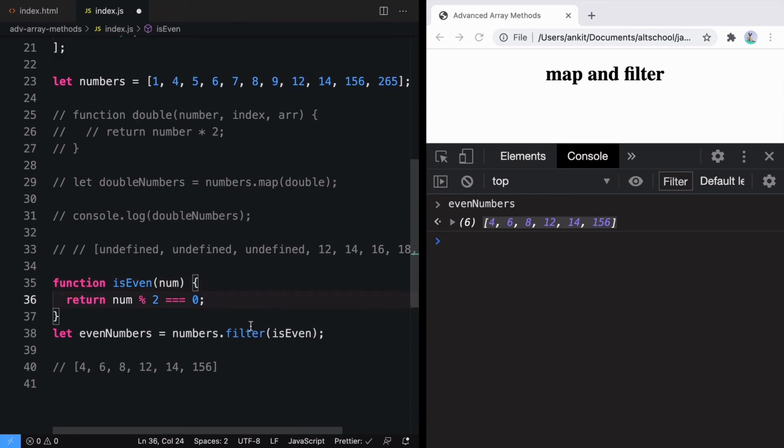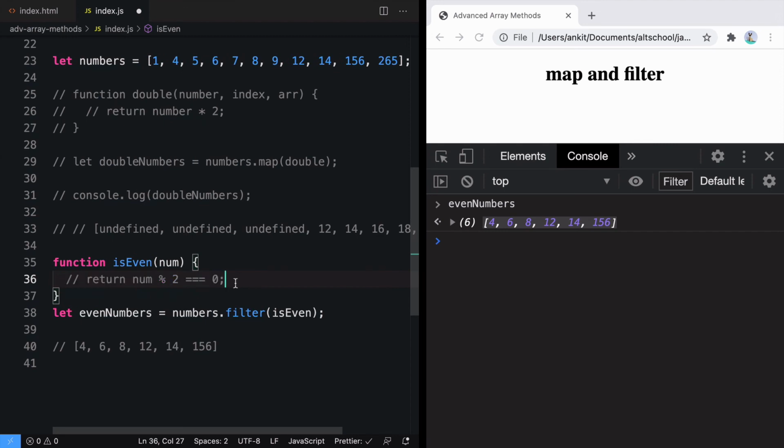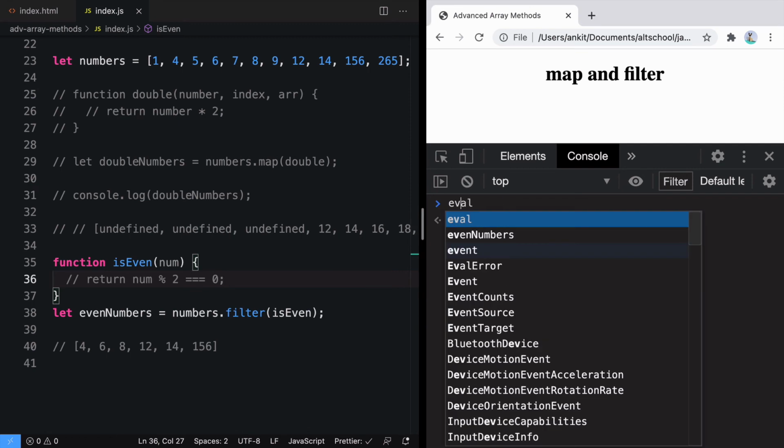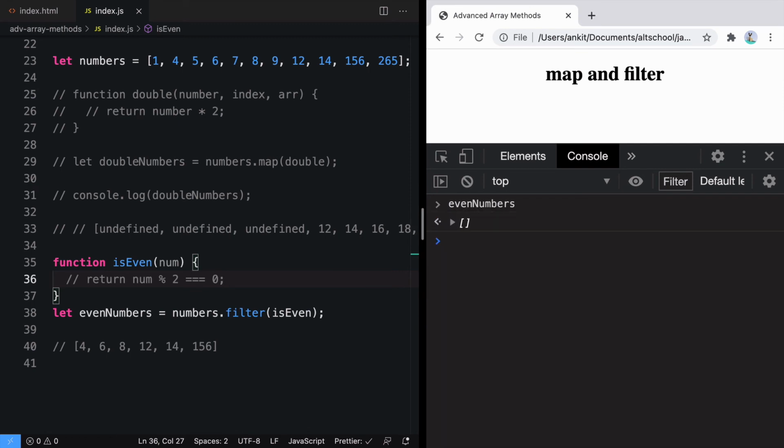Let's look at one of the special cases. What if this function, similar to map, doesn't return anything? What will happen in that case? Let's look at evenNumbers. So evenNumbers will be an empty array. Why is this happening? For the first time, 1 will be passed inside the isEven function, and the isEven function will return undefined because this function is not returning anything.